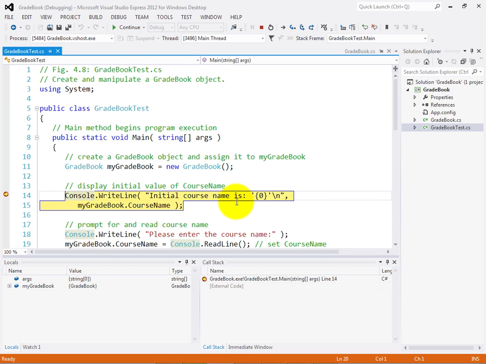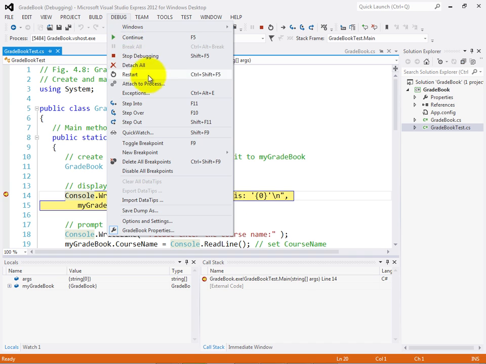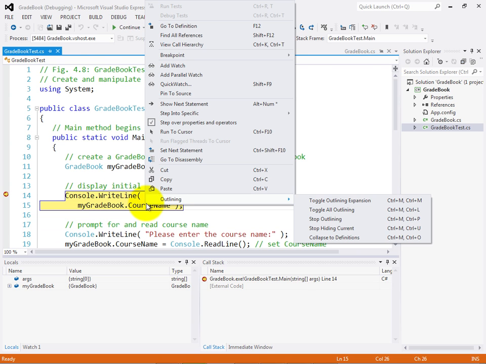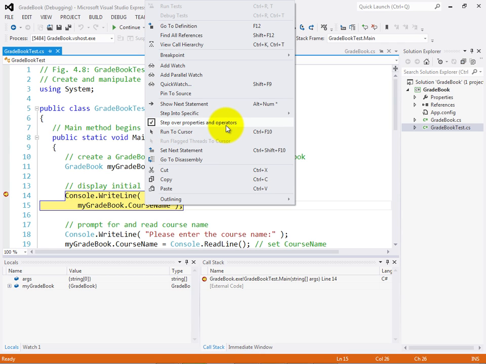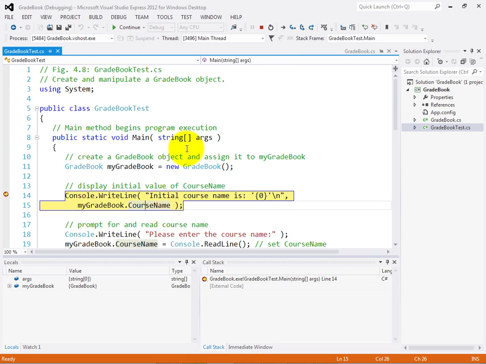Now, by default, the debugger is set up to automatically step over properties. So if you right-click the property name, you can see this option, step over properties and operators. In C#, you can, as you saw here, define properties for accessing data within a class. You can also define your own operators for manipulating data in a class as well. And by default, those are automatically going to be executed as step over commands when you're using the debugger. So I'm going to go ahead and uncheck that so we can see the property in action